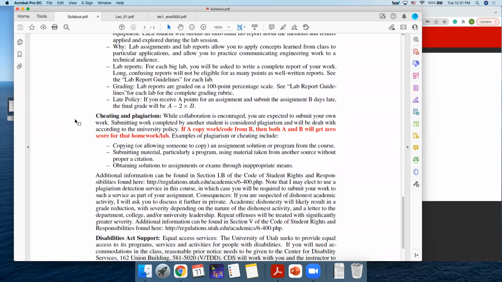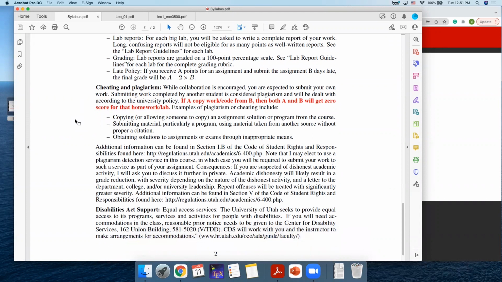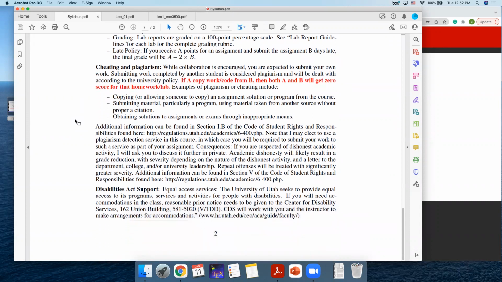Yeah, and cheating and plagiarism, I think everybody knows that. Basically, it's not allowed. If A copies work from B, then both of them will be punished. I think for this course, as long as you follow the materials and all the lectures, you will get a very reasonable grade. If you need any support, you can email me prior to the exams, so I can give you some accommodations for that.